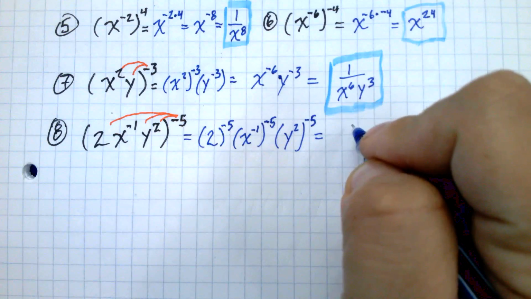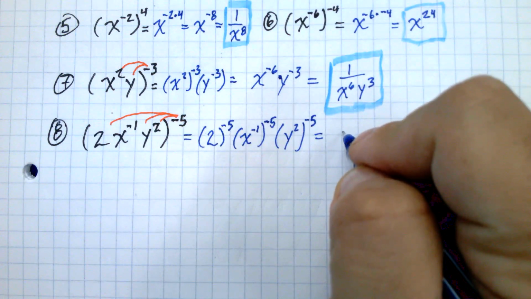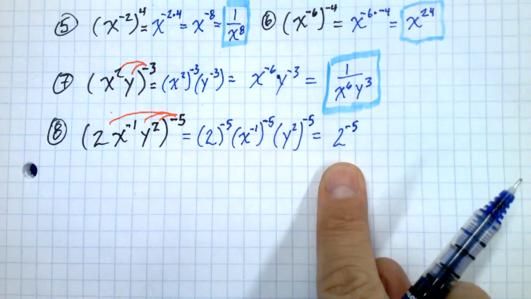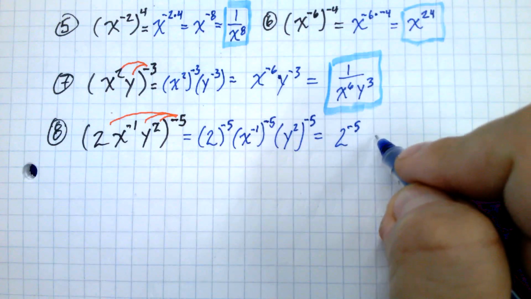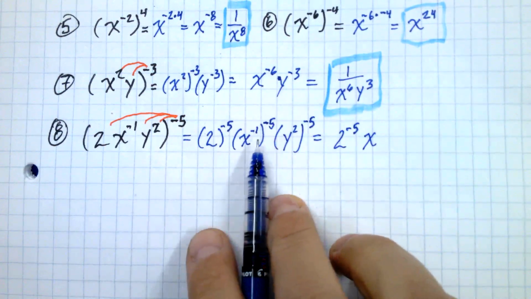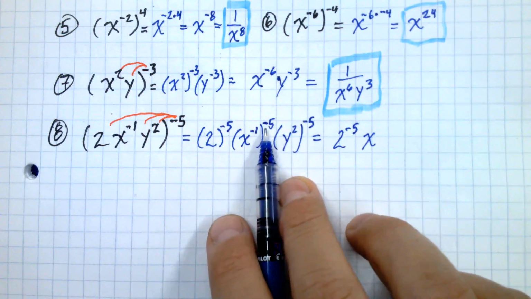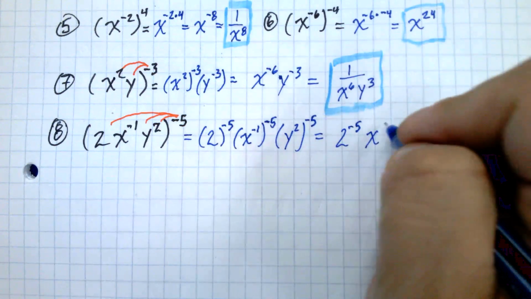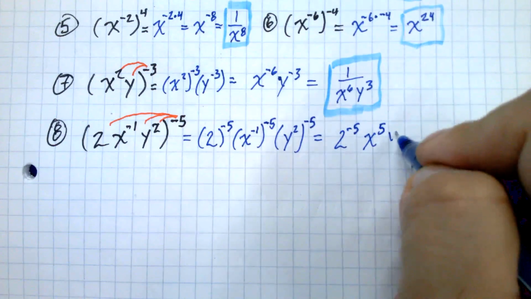We got stuff in the denominator. So for the time being, I'm just going to write this as 2 to the negative 5. But really, this is 1 over 32. Right? Because 2 to the 5 is 32, but negative would make it 1 over 32. And then we've got x to the, what do we do with these two exponents? Multiply, so that would be negative times negative. It makes it positive. And then y to the,